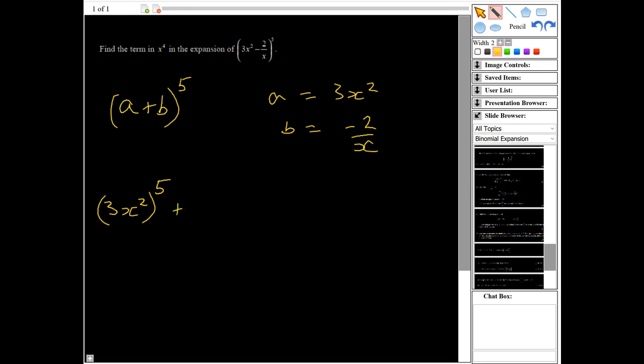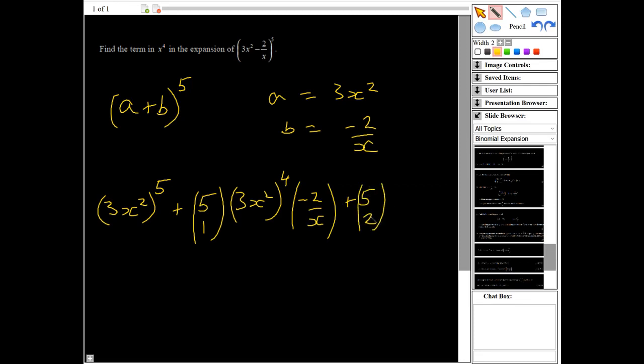Then I would have 5 choose 1, 3x squared all to the power of 4, and then minus 2 over x. Then I would have 5 choose 2, 3x squared all to the power of 3, and then minus 2 over x squared. Then I would have 5 choose 3, 3x squared squared, and then minus 2 over x cubed